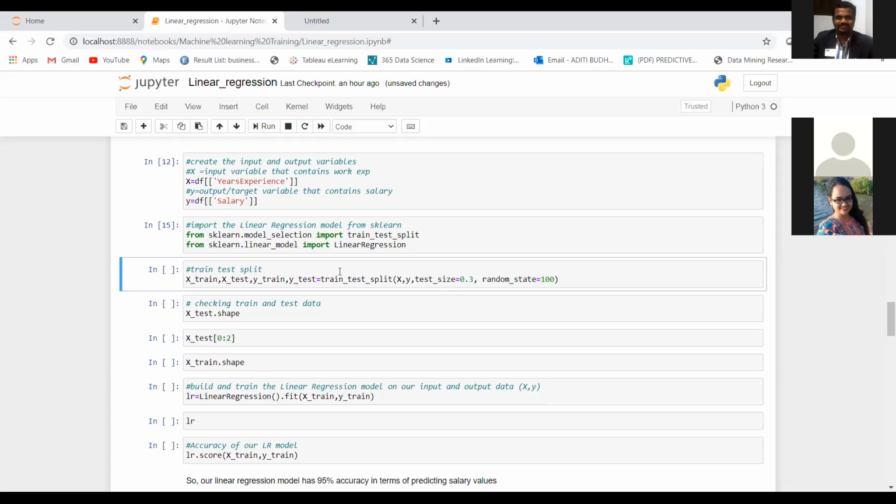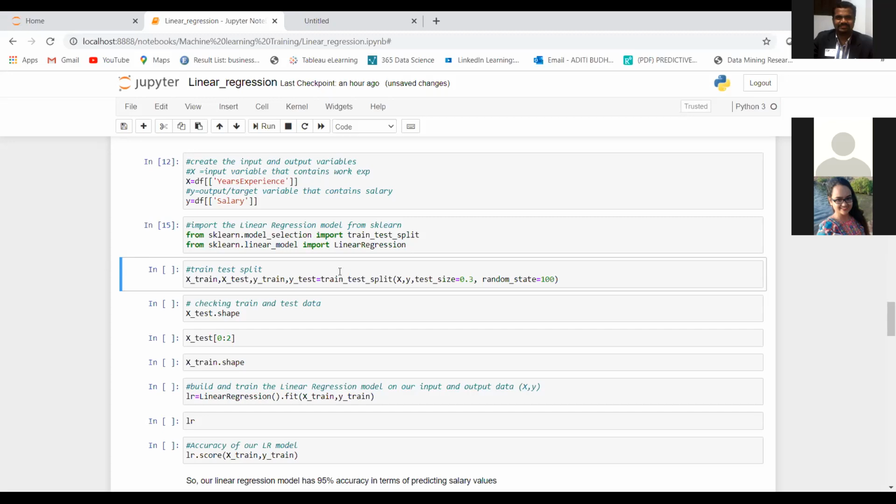By training, I mean that data set will be used in order to create our model. The model will learn from the training data set. And the testing data set is the other part that we will make out of our main data frame. That other part will be used in order to test how our model is working.